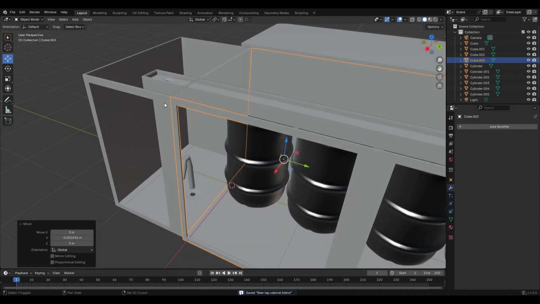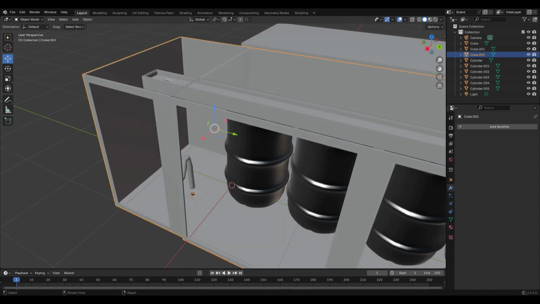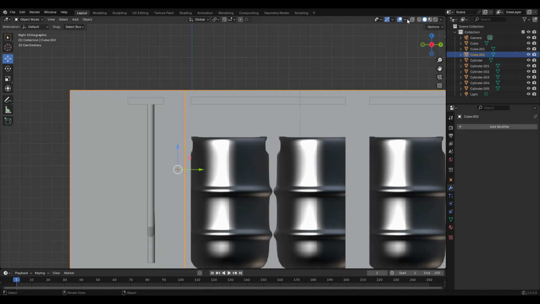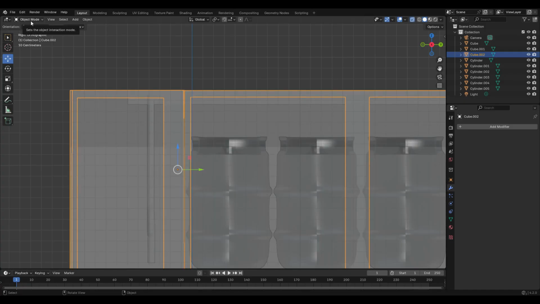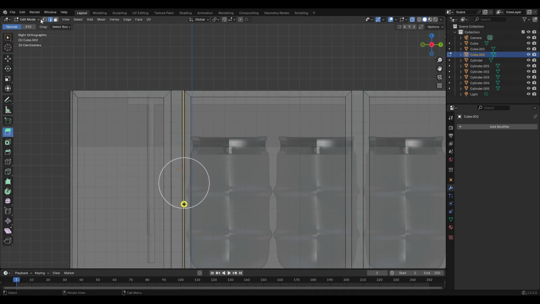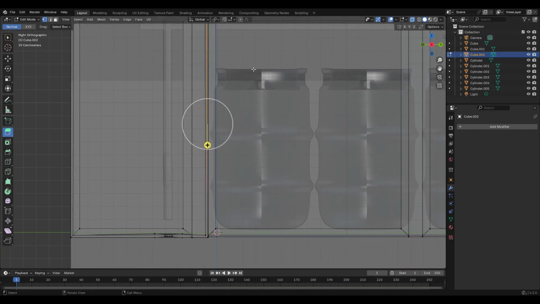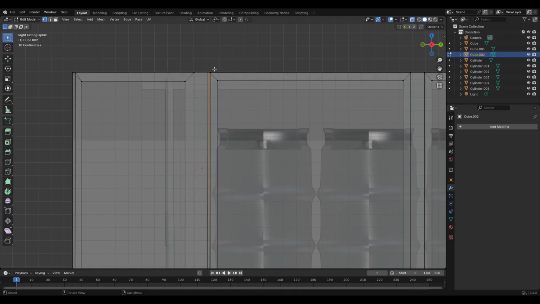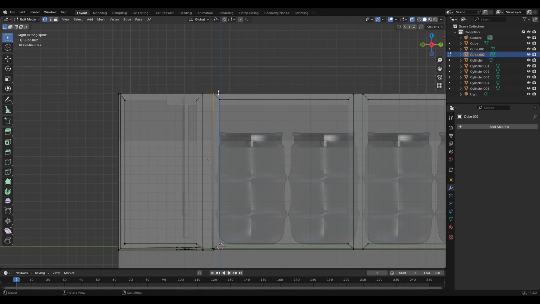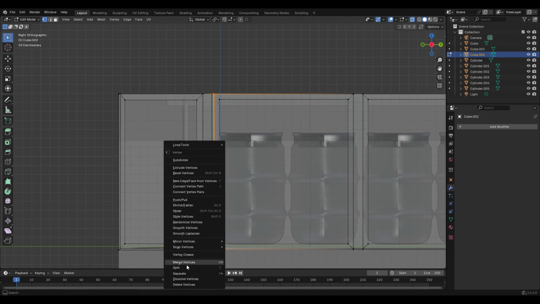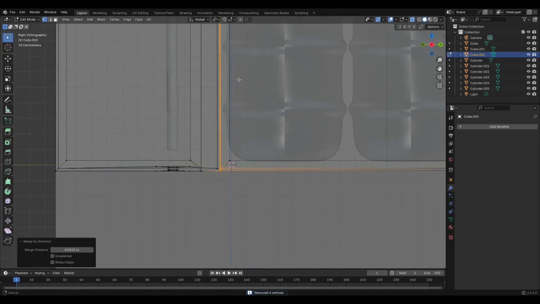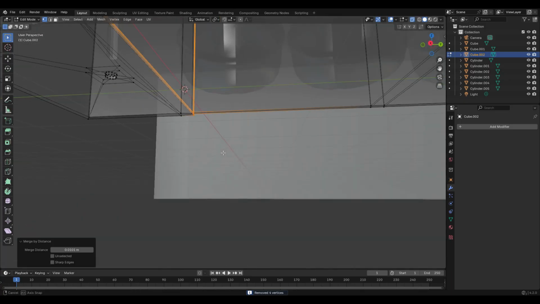Now we can select our other cabinet here. Join. Go into our X mode, turn on the X-ray. Tab in edit mode. Vertices here. And now carefully select these here. And now merge by distance. Now if we've done everything right,